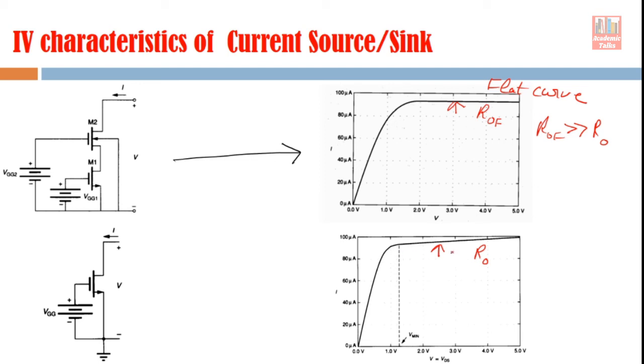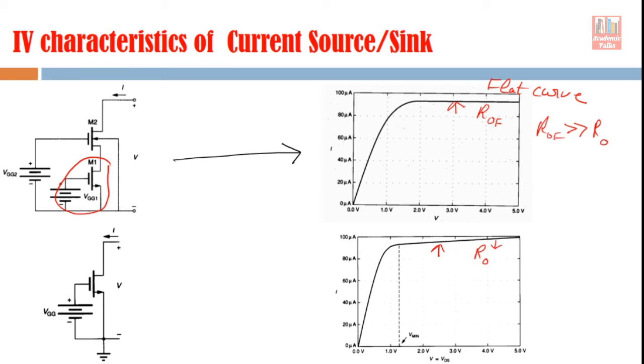And that has become possible because we are using this feedback here. This entire part is providing us feedback, and because of this feedback, this curve has been pulled downward. So, this curve has been pulled downward, and you can see the result here in the top characteristic curve. I hope that now you will be able to appreciate the difference between a current source which is without feedback and which is with feedback.